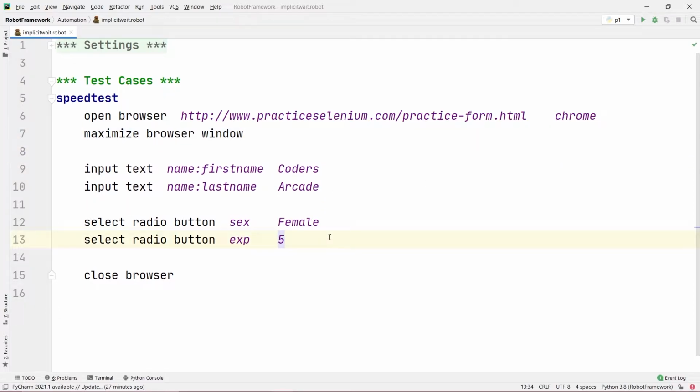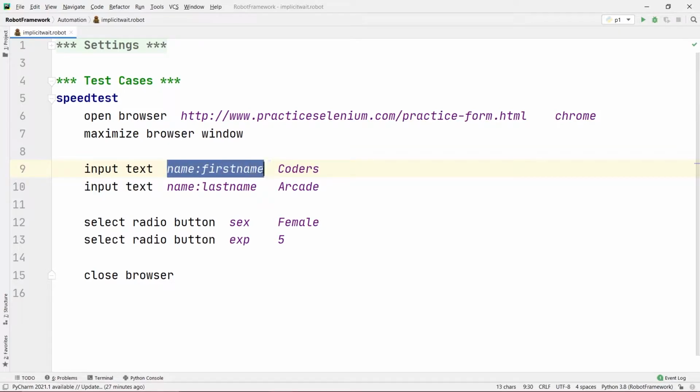So we are going to see in this program what implicit waits are. Whenever your program runs into an error at some line of code, suppose this input text name first name coders has encountered an error. It could not find, suppose, this locator.